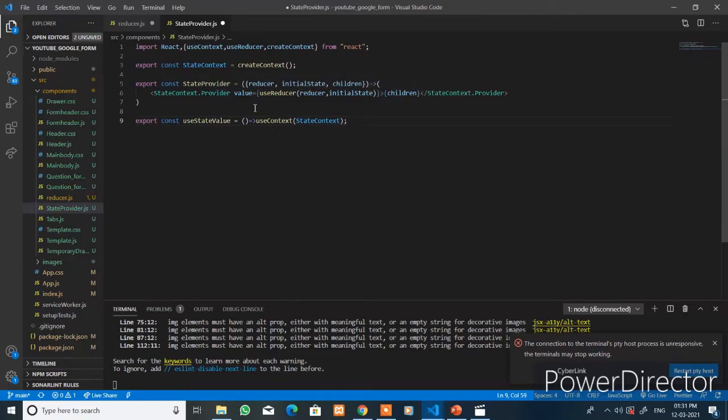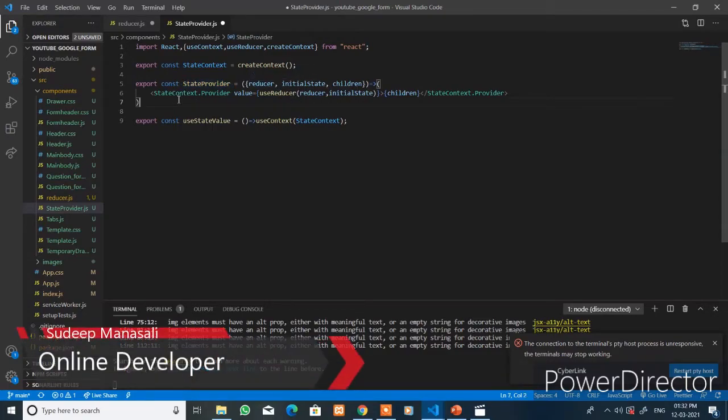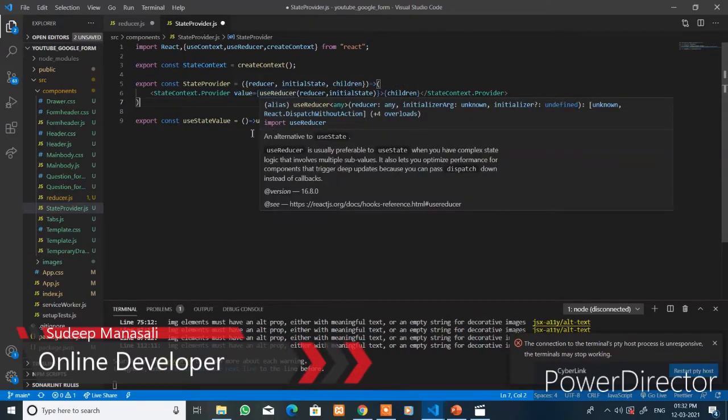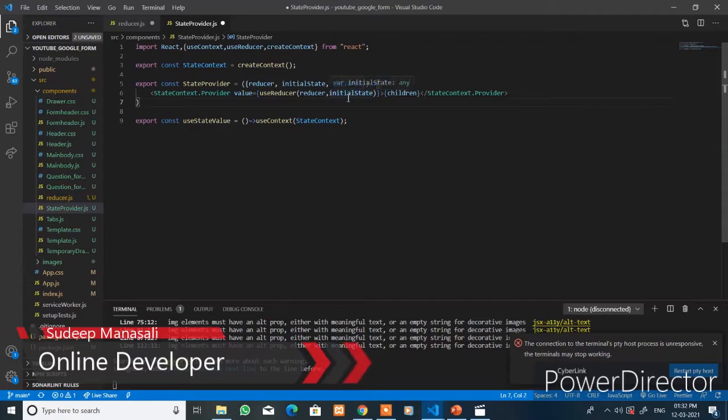And we tell React Redux what store we want to use in our components. We do that by rendering a provider component around the entire app and passing the Redux store as a prop to that provider. Here you create the state provider and pass the reducer, initial state and the state context provider with the value useReducer that passes the reducer and the initial state,